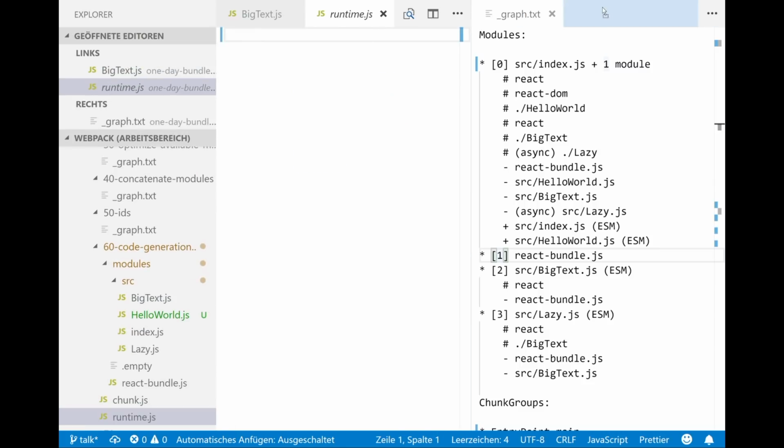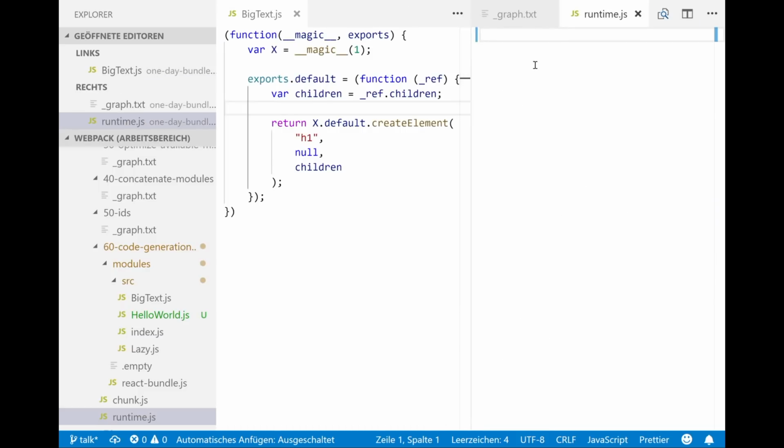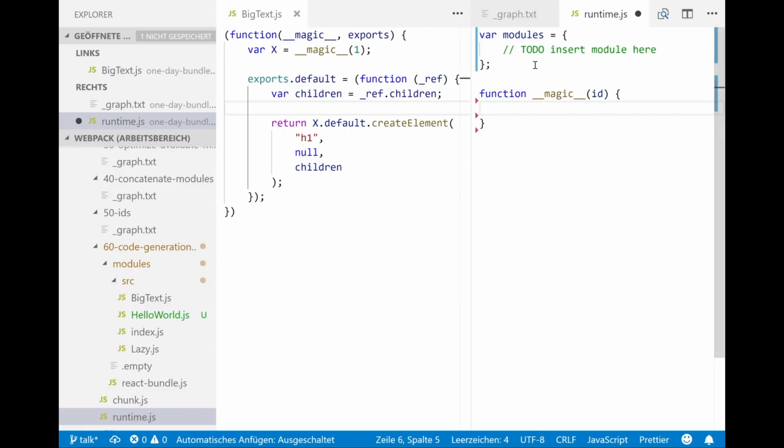But to make this work, we need some kind of runtime code. So we need to write a runtime, and the runtime basically has a modules array, where we later store all the modules, to do: insert modules here. And we have a function magic with an ID. And now we have to load this module, or any other module.